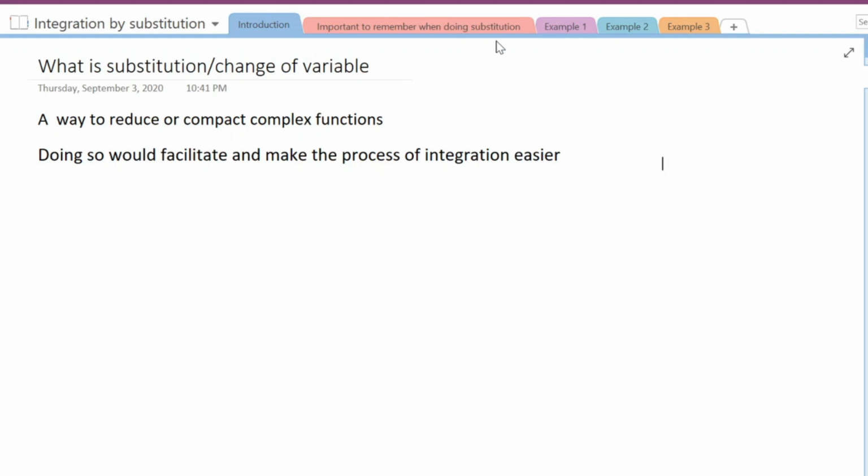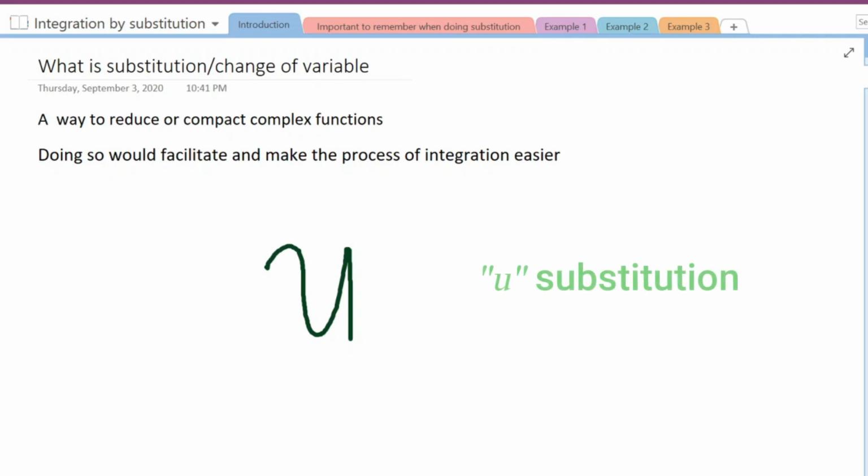Substitution is a way to compress or compact a complex expression by introducing a new variable. By convention, the variable that we introduce is the variable u, and of course this is not a strict choice, so you can introduce a variable of your own preference, but in this presentation we will use this variable. In fact, this is the reason why other authors call this process u substitution, because it's always the variable u that they use. But again, I want to emphasize that there's nothing wrong if you want to use a different